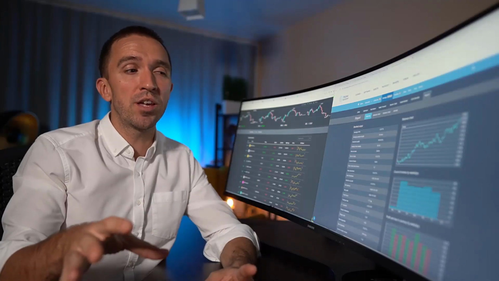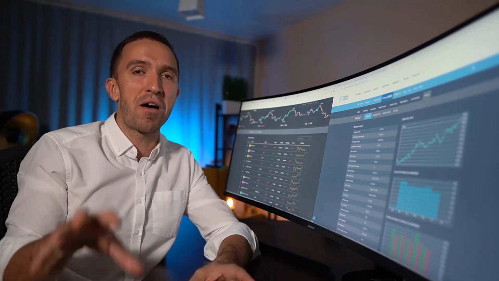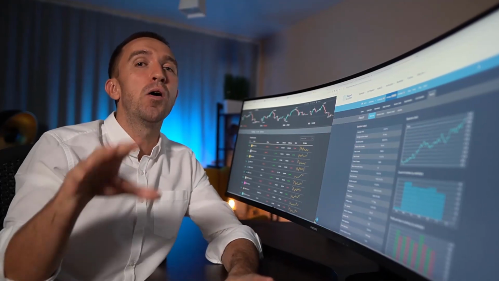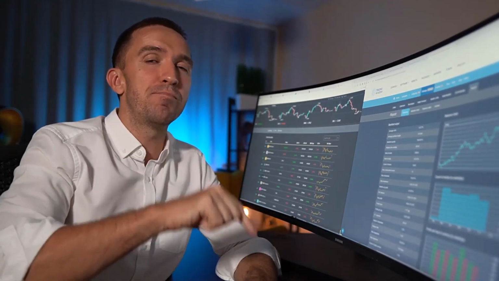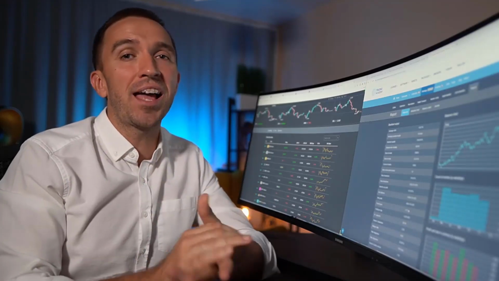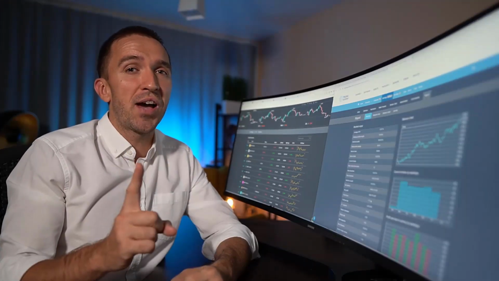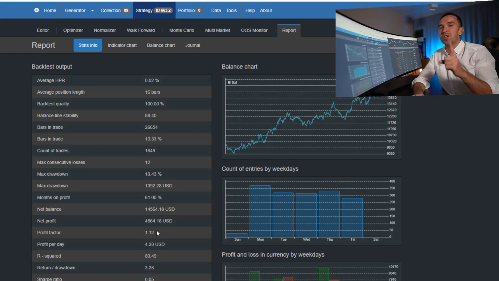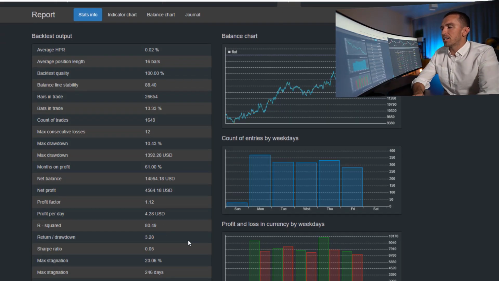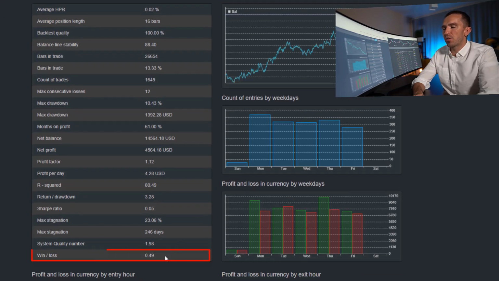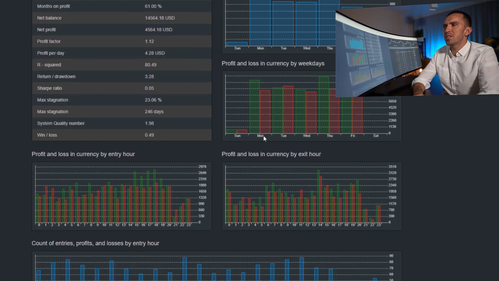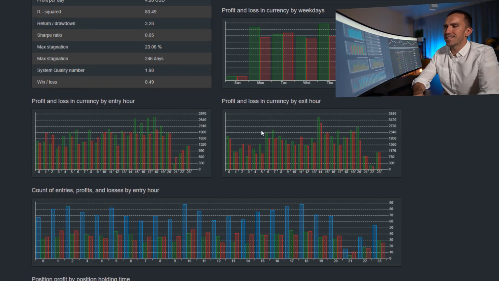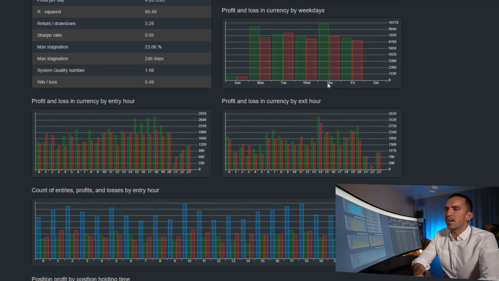And many people are looking for strategies that have more profitable trades than losing trades. But if your losing trades are bigger as a sum, then you will end up losing money. So the thing you have to look for is a profit factor above 1. What else we have is the return to drawdown ratio. The win-loss ratio is 0.49, and actually with AI Studio we have plenty of statistics like which days are best